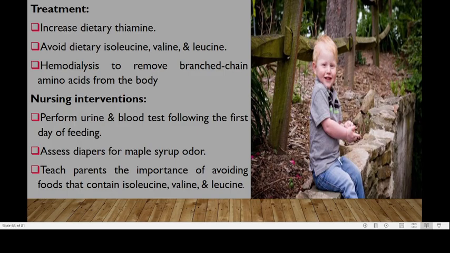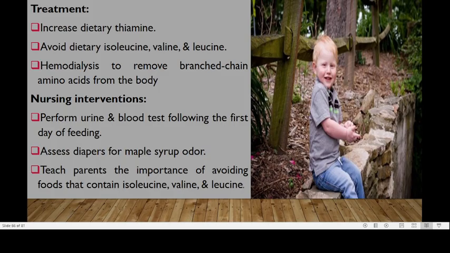Treatment: you increase dietary thiamine and you avoid dietary isoleucine, valine, and leucine. Hemodialysis can be done to remove branched-chain amino acids from the body. Nursing intervention: you need to perform urine and blood tests following the first day of feeding. You could also assess diapers for maple syrup odor and teach the parents the importance of avoiding foods that contain